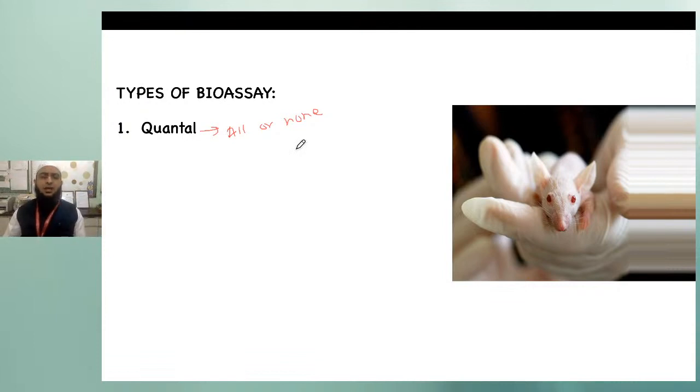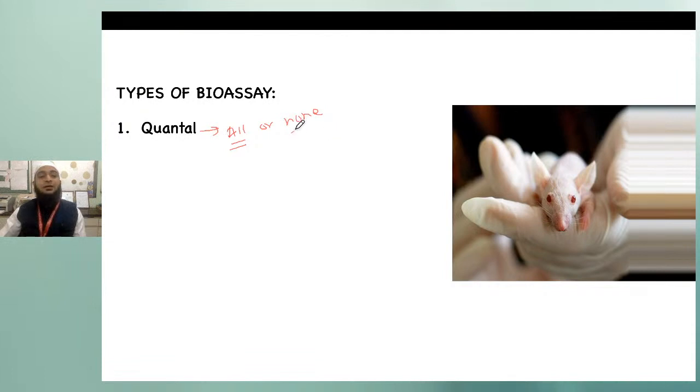Digitalis, you are giving in case of guinea pig to study their cardiotoxic and cardiotonic effect. Now, at a particular dose, digitalis produces a cardiotoxic effect, right? Below that dose, it won't produce a cardiotoxic effect. So that dose where it produces the effect is called the all effect, whereas all the doses of digitalis below the dose which produces the cardiotoxic effect are